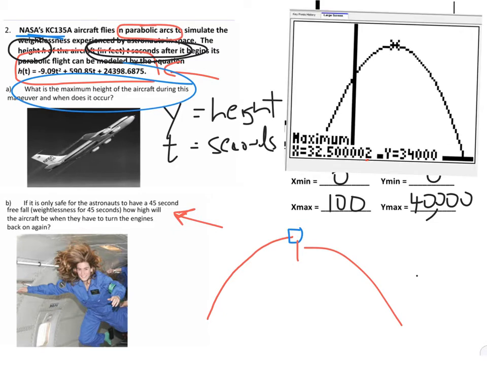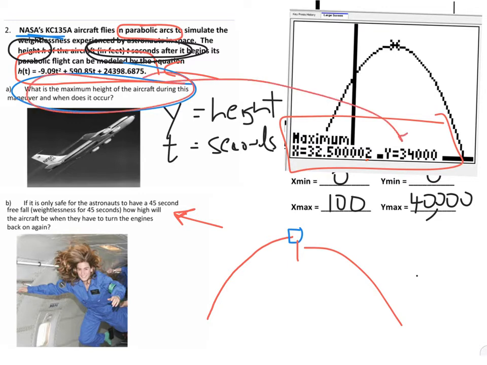And it looks like here the maximum turned out to be 32.5 seconds and 34,000 feet. So in this case, what is the maximum height? Maximum height, 34,000. Now, this second part,